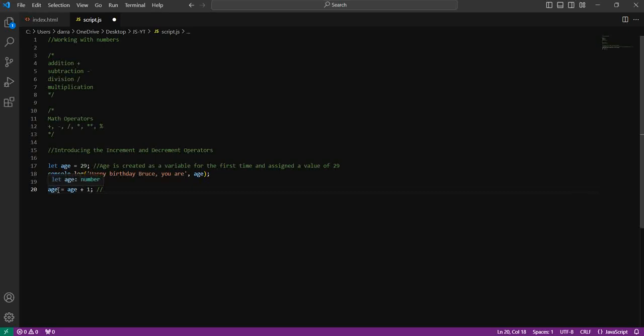So what we're saying is, let age be equal to itself, i.e. 29, and then add 1 to it. That should give us a value of 30, right? That's because age already has a value of 29. So we're saying age is equal to itself, i.e. 29 plus 1. We should see now that age has a value of 30. To prove that to you, if I just log out to the console,